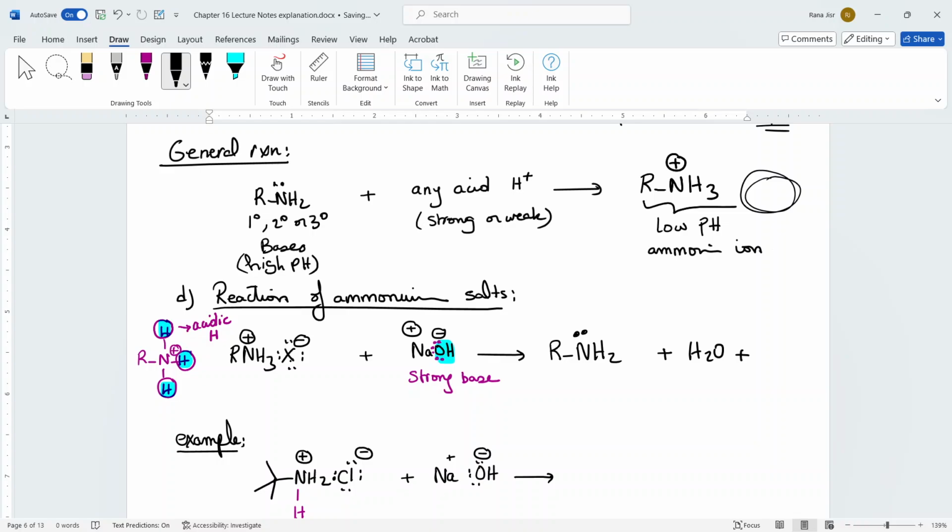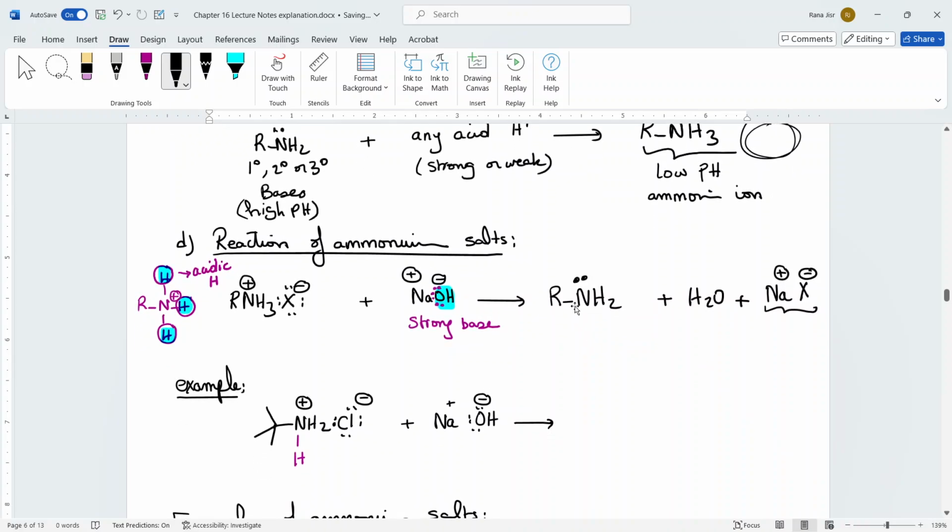Those are going to group together, and you are going to form an Na plus and an X minus in there. Charges at the end need to balance, so you're going to form salt in this case. Okay, so notice here what I did. I started with a base. I reacted it with an ammonium salt, and my product here is going to be a base. Notice here, my product is a base. So my pH of the solution at the end is going to be high because it is going to be a basic solution, because it is present in a basic medium.